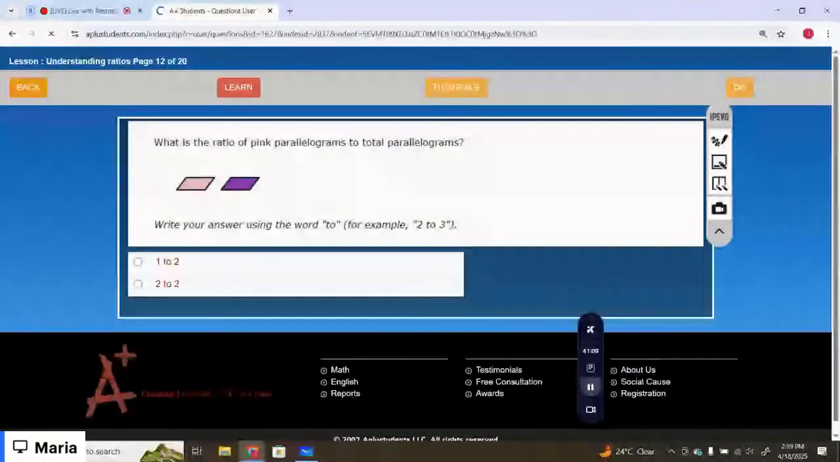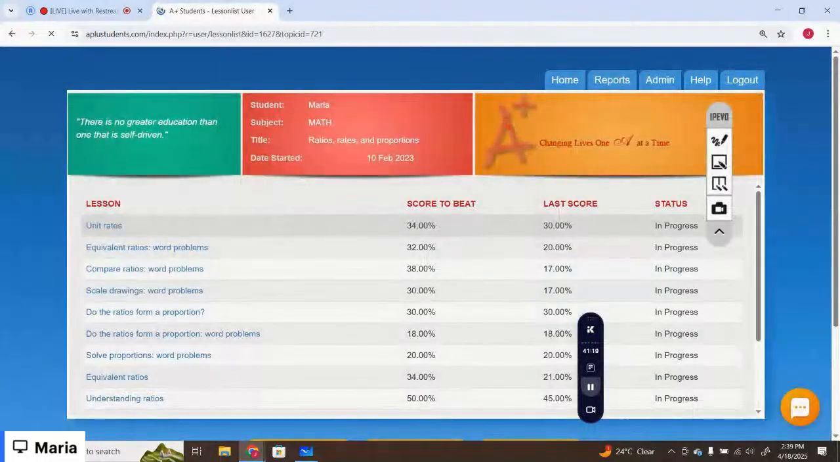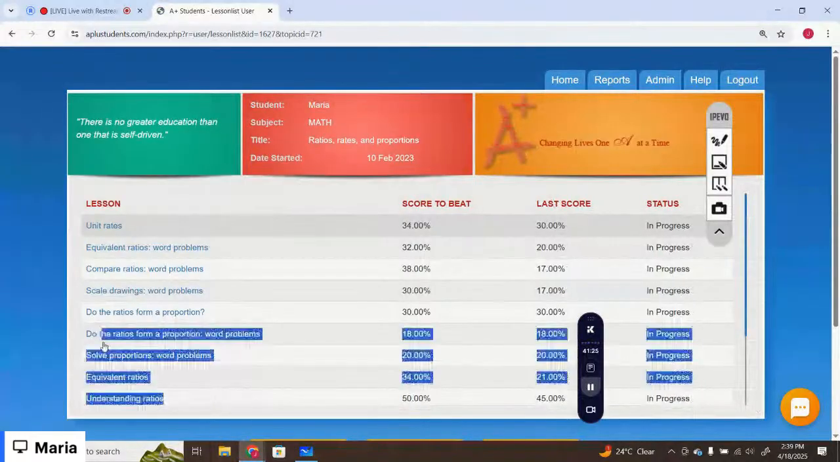That's all for what we were working on in grade 7 math. The chapter we were working on is ratios, rates, and proportions. The lessons we have covered today are do the ratios form a proportion, word problems, solve proportions, word problems, equivalent ratios, understanding ratios. So please make sure before the next session you complete all the practice questions for the lessons we just did. That is your homework until